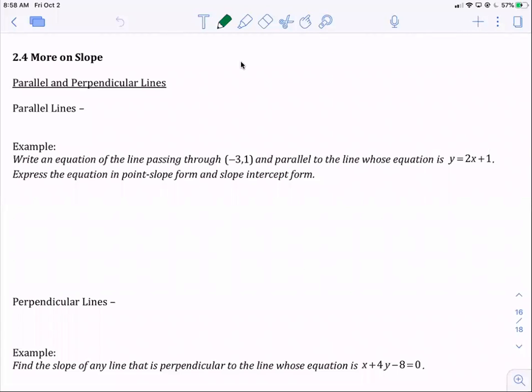Okay, so looking at 2.4, more on slope, we're going to primarily look at parallel and perpendicular lines. So remember, parallel lines are lines that never intersect because they have the same slope. Okay. So if we want to write an equation of the line passing through -3, 1 and parallel to the